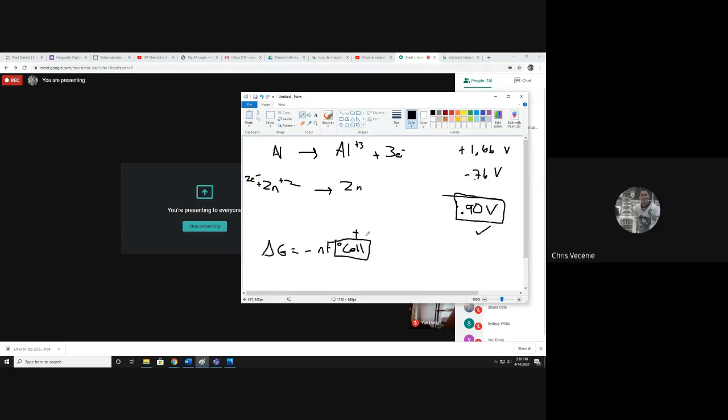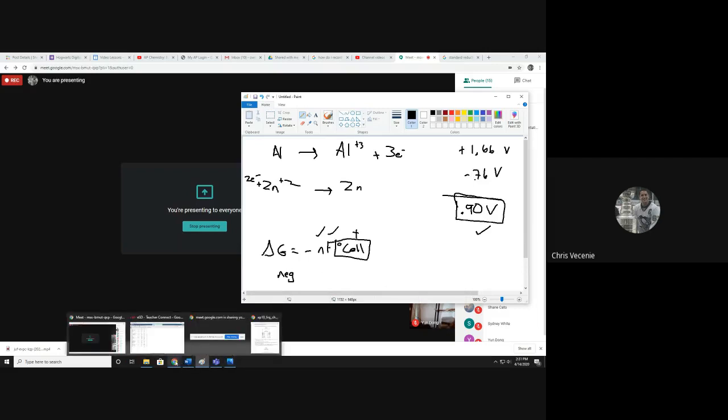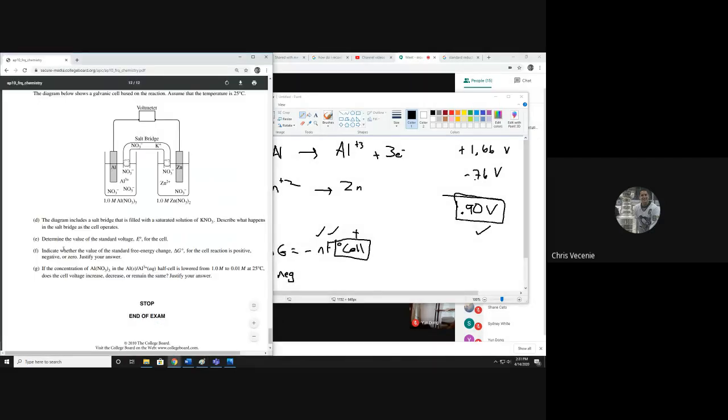Exactly, right? So positive voltage means that it's thermodynamically favorable, and that means negative delta G. So you could just say positive voltage means spontaneous, which means delta G must be negative. That's a standard fact. You could do what Elena did and say, minus nF E cell, where n is moles of electrons. That's a constant. The E cell's positive, so the negative makes it negative. All right. So I would just do it in word form for this one. And I would say for the answer, the delta G is negative